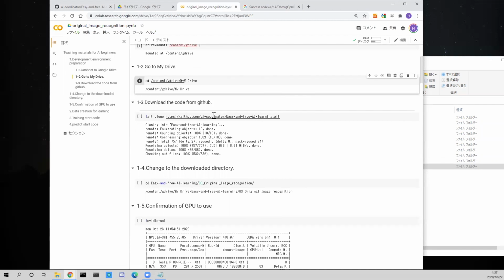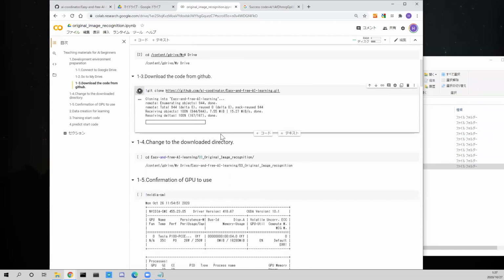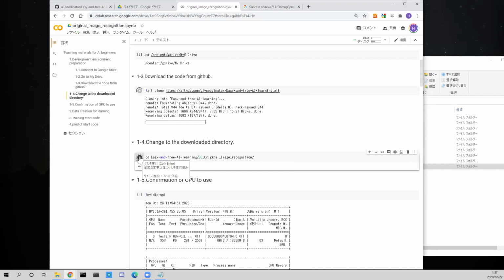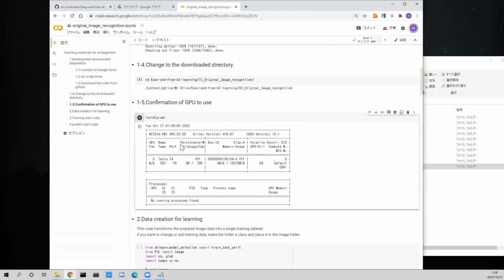Download the code from GitHub. Change to the downloaded directory. Confirmation of GPU to use. Tesla T4.